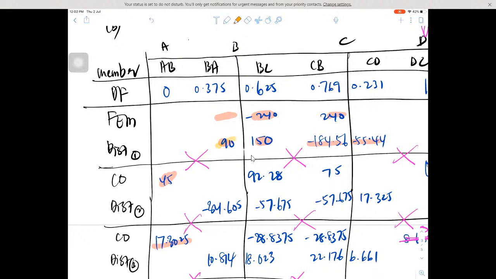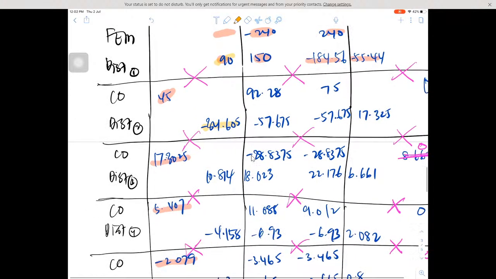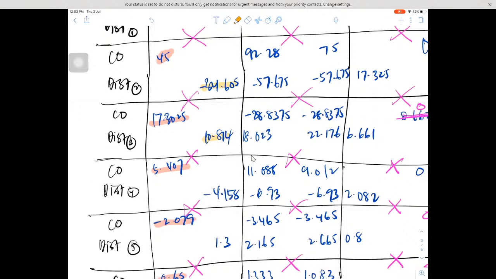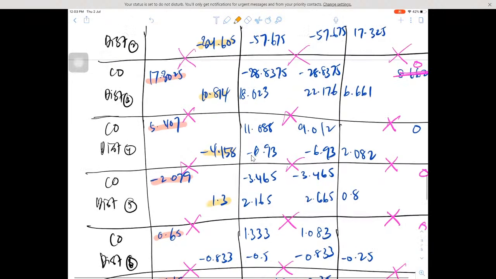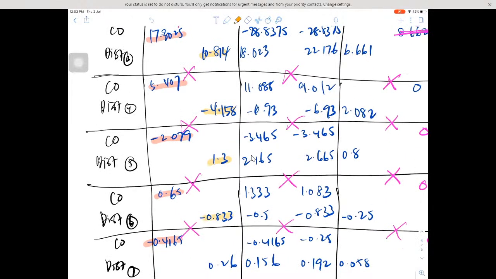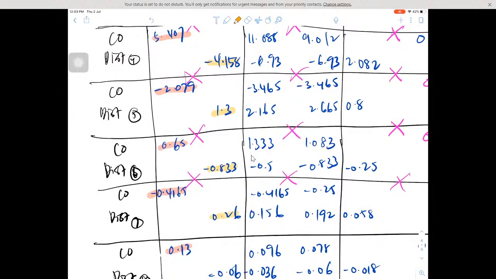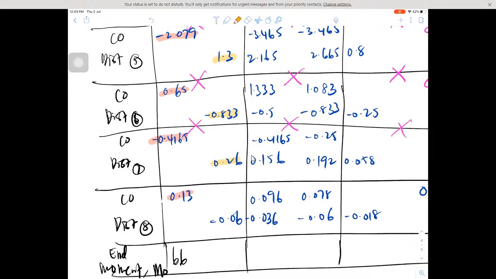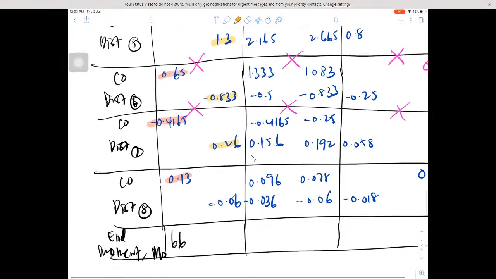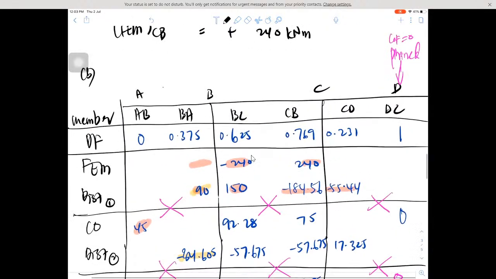Start with 90 minus 34.605 plus 10.814 minus 4.158 plus 1.3 minus 0.833 plus 0.26 minus 0.06. This is 62.7. Okay, for BC,